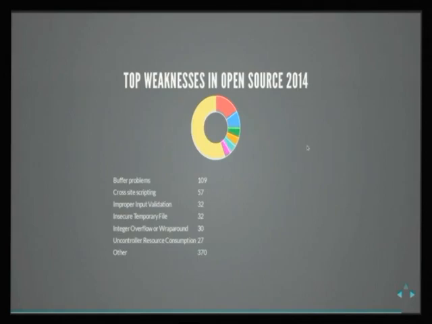For example, Ruby has a lot of deserialization flaws because of Rails, or cross-site scripting, because it's usually used for web development, right? So in the end, you only end up with different kinds of flaws, but you never solve the problem.